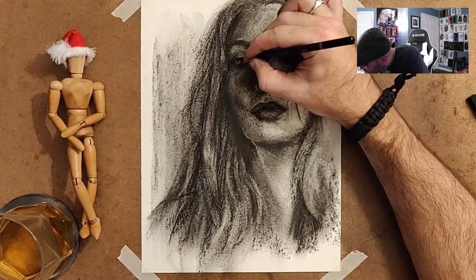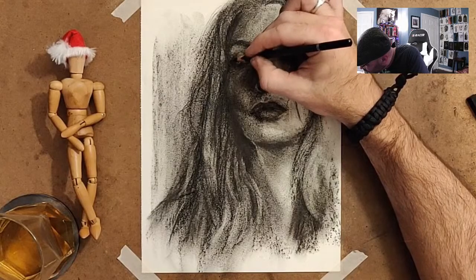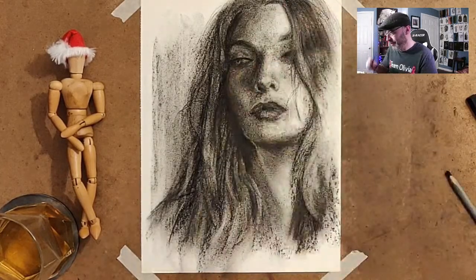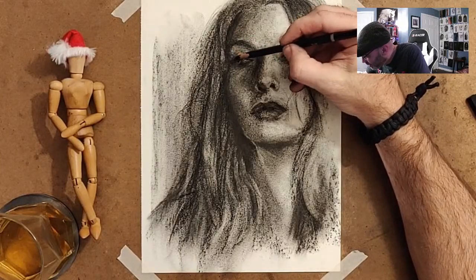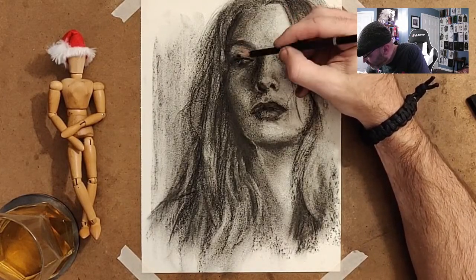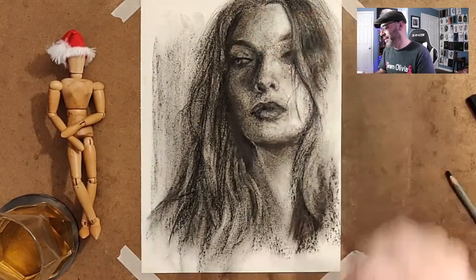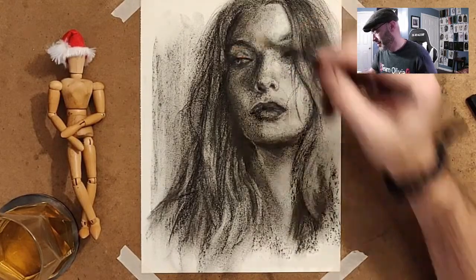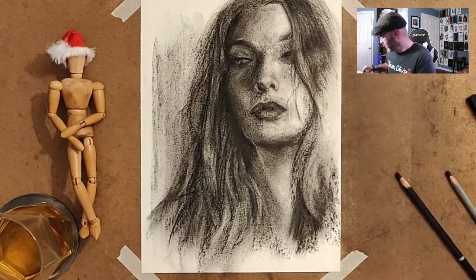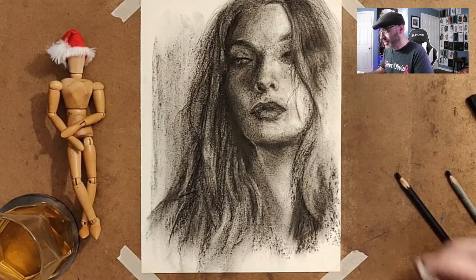Pupil in there. I don't know, I like how this picture is looking. Some of my messy charcoal pictures look very messy when it's all said and done. This one actually looks pretty good. Get a little bit of light in there. So the other tip,